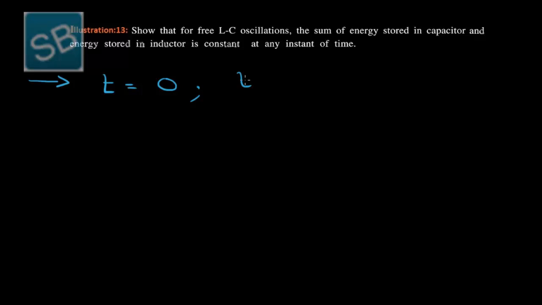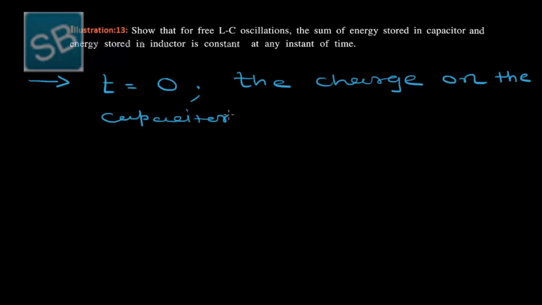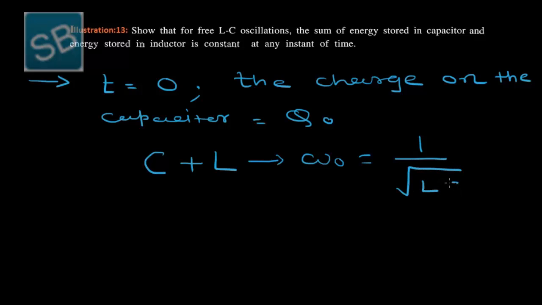The charge on the capacitor is equal to Q0. That means this is the initial charge, and when this capacitor is connected with the inductor in parallel, then free oscillation starts, and these free oscillations have the angular frequency 1 over under root of LC,